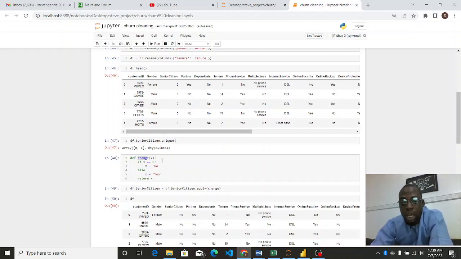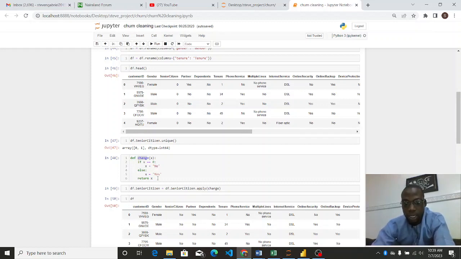In a case where there is other information in the column, like 0, 1, 2, you can do if x is equal to 0, x equals no, elif, which means else if, x equals 1, x equals yes, else, before using the final else, x equals this, and then return. But in this case, we're only dealing with the bits, zeros and ones. So if x equals 0, x equals no,